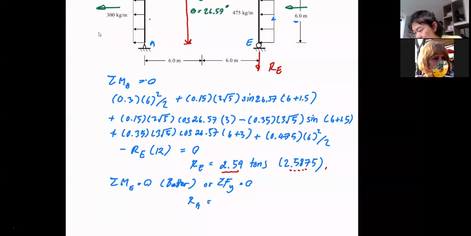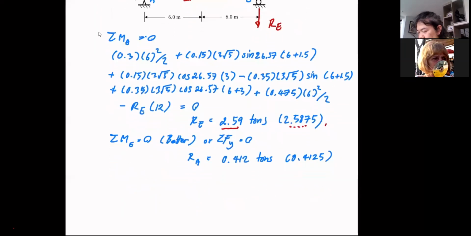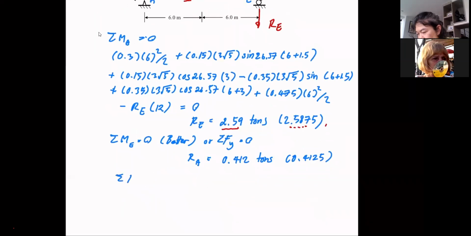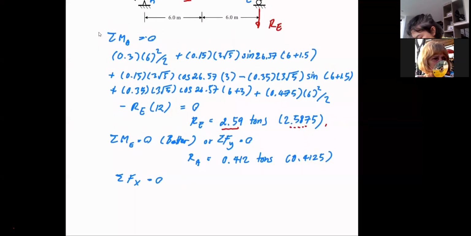RA is another downward force of 0.412 tons. The exact number is 0.4125. Okay, and the simple enough one, sigma Fx equal to 0. That's going to give us, do I need to do this? But be careful that you have your horizontal components from the roof portion as well. So maybe it's better to show you. So you have